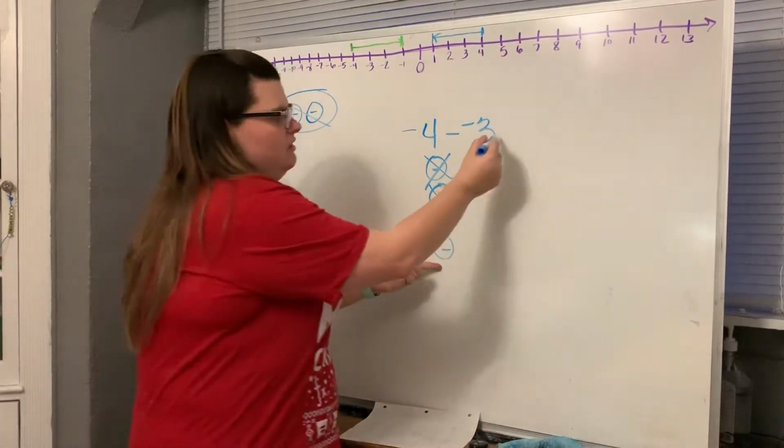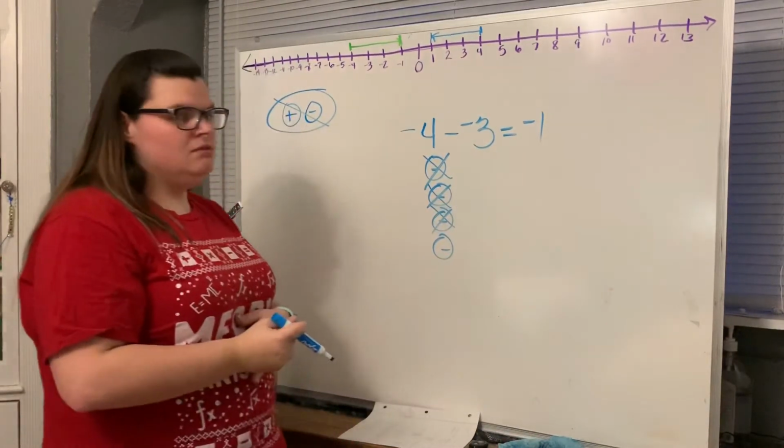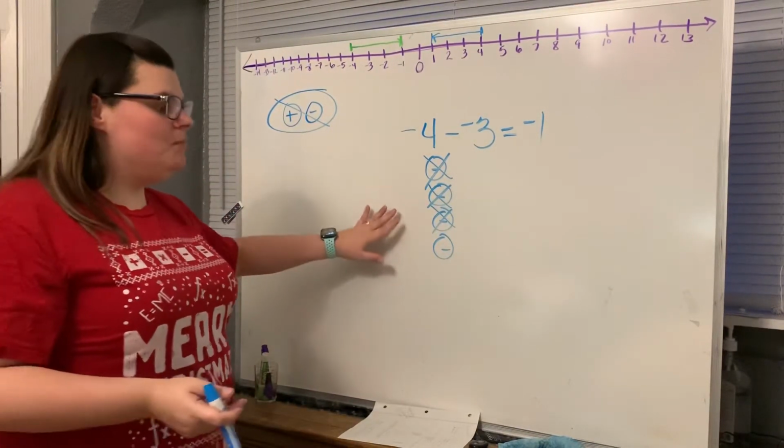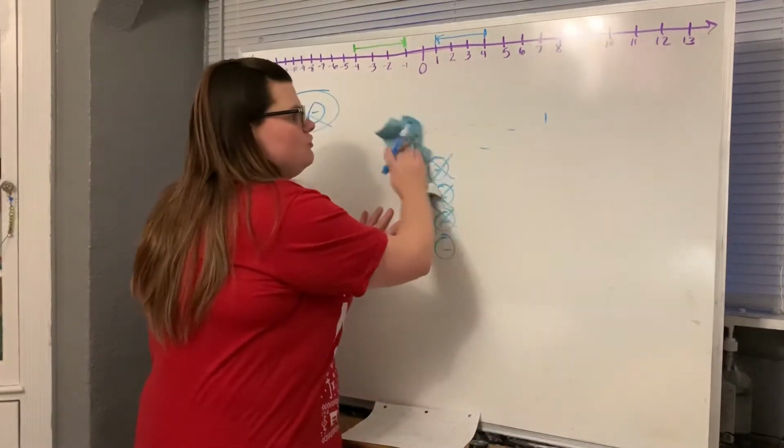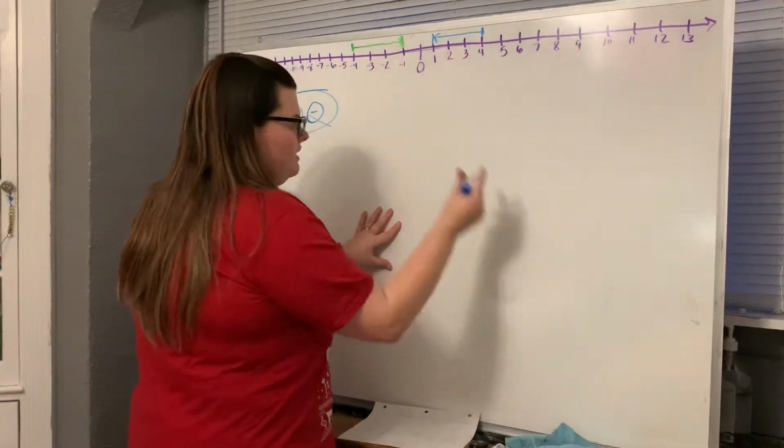What do I have left? Negative 1. Okay, so really simple when you're taking away, cross them out. The only thing that gets tricky when you're doing a subtraction problem is if you have,